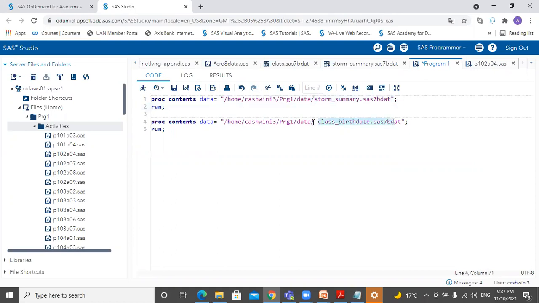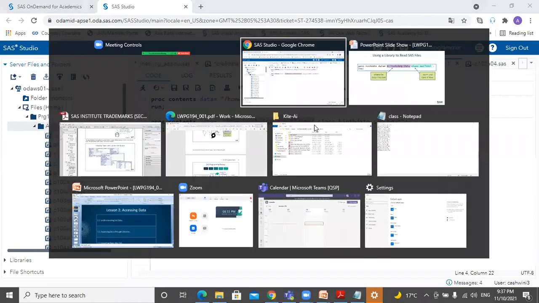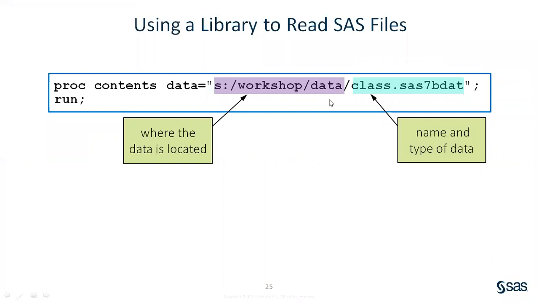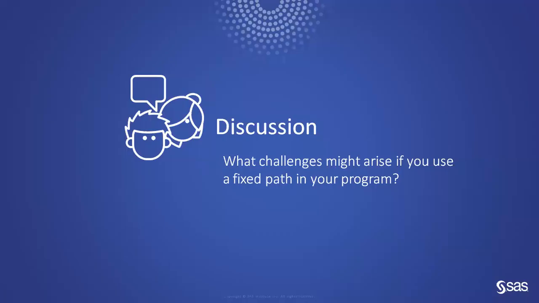So why don't we provide a technique where we give this whole path a specific reference name, and refer to it with that reference name instead of this path? That is what this slide is trying to tell us. This is the path where the data is located, and within this folder we have this specific data. So there's a discussion for us.